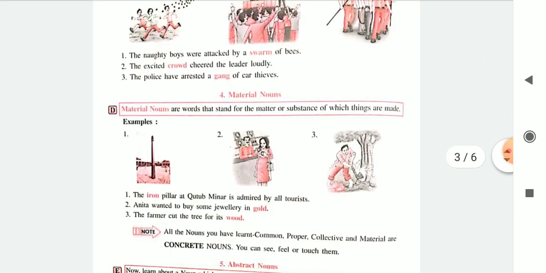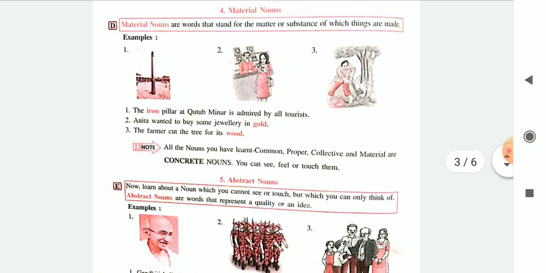After that we have material nouns. Material nouns is also simple to understand. The material from which something is made. My compass box is made of plastic. Bangles are made of gold. Here also a material noun is mostly followed by a common noun. Bangles, common noun, made of gold. Gold is the material. House is made of bricks,